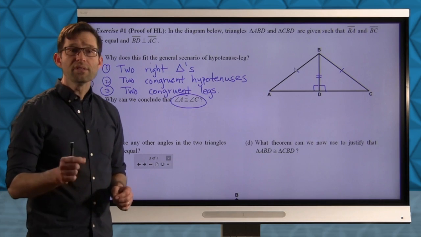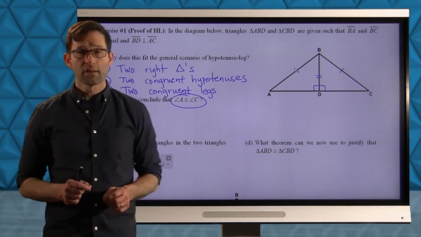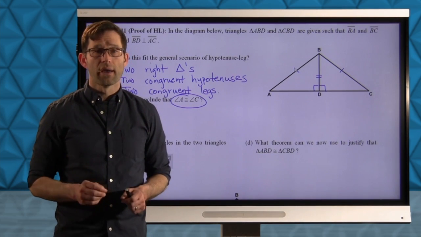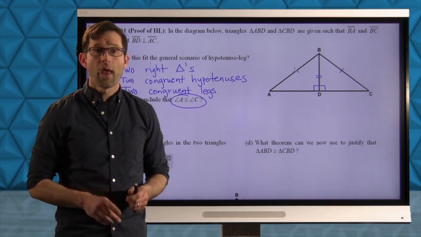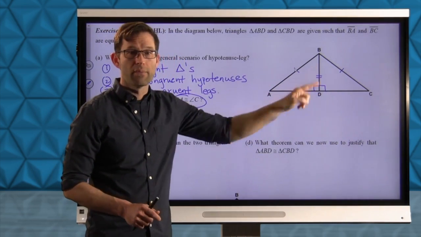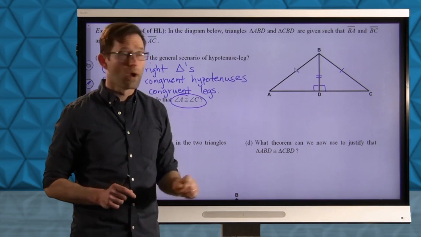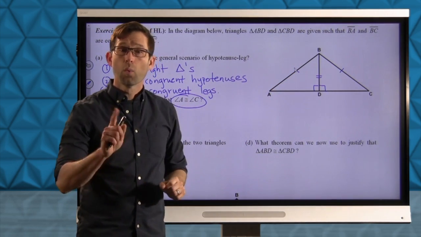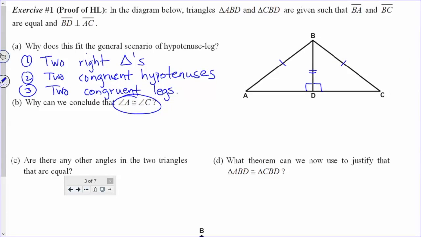Hopefully you have it. This is actually from our last lesson. Our last lesson was all about angle, angle, side, and isosceles triangles. And one thing that we should note is that this larger triangle, triangle ABC, is an isosceles triangle with congruent legs AB and BC, which means that angle A must be congruent to angle C because the base angles